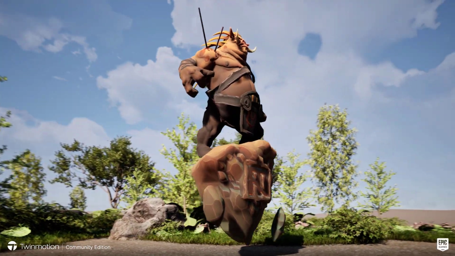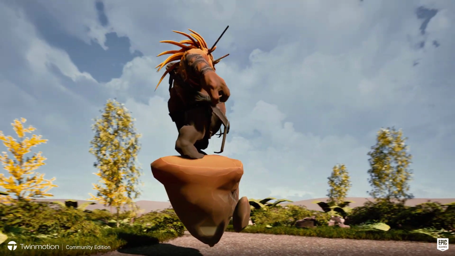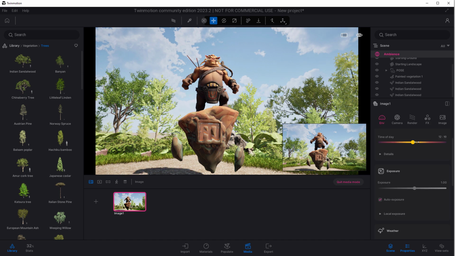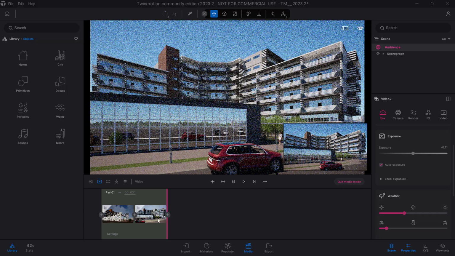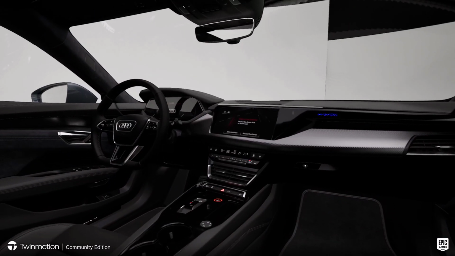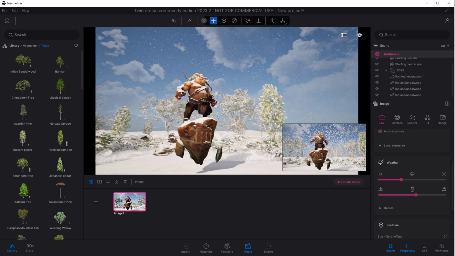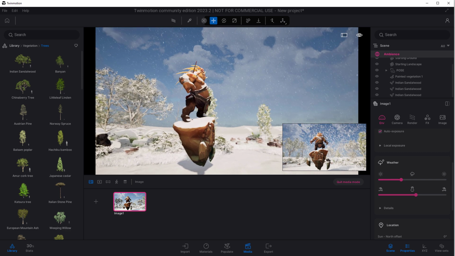So following the updates from Twinmotion 2023.2 Preview 1, the folks at Epic Games have just updated this to Preview 2, and with Preview 2 comes a couple of features that lots of creators have always wanted. So whether you're into architectural visualization or rendering for automotive or any form of rendering whatsoever, and you're thinking about using Twinmotion 2023.2 Preview 2, it now comes with a new set of features that can help in your daily